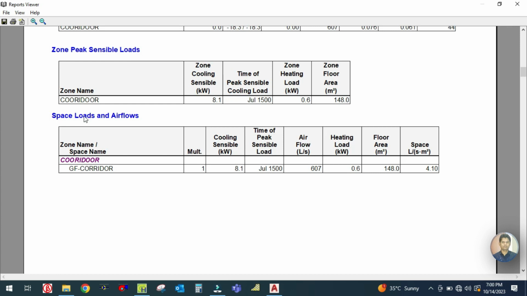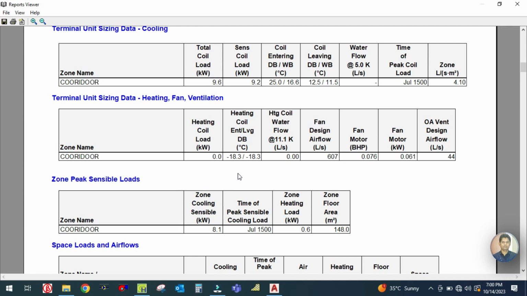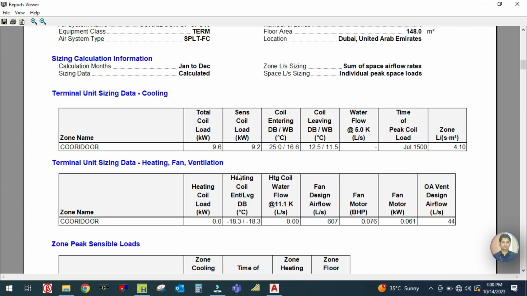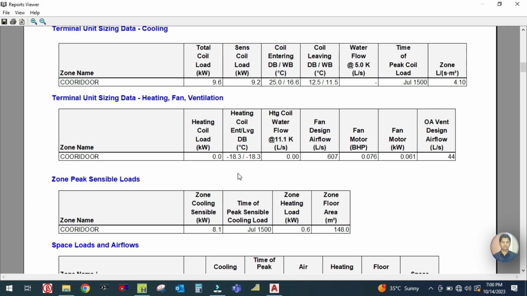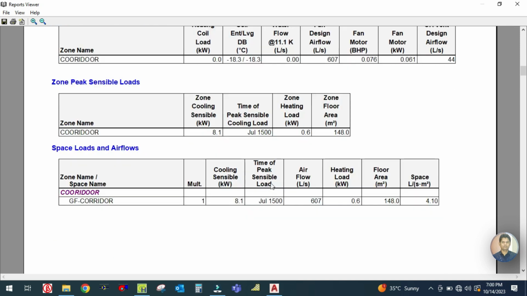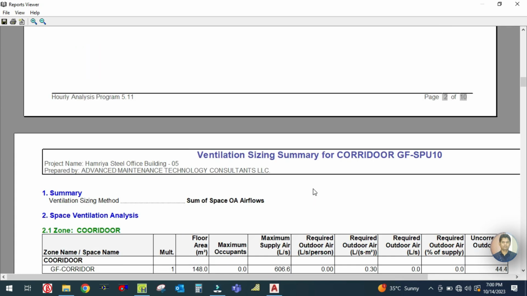Okay, and the space load. So space load is nothing but here is the cooling sensible, and space load corridor, and sensible is 8.1. And peak time is July 15. Airflow. So airflow is given here in liter per second, which is 607 liter per second. Okay, next is your